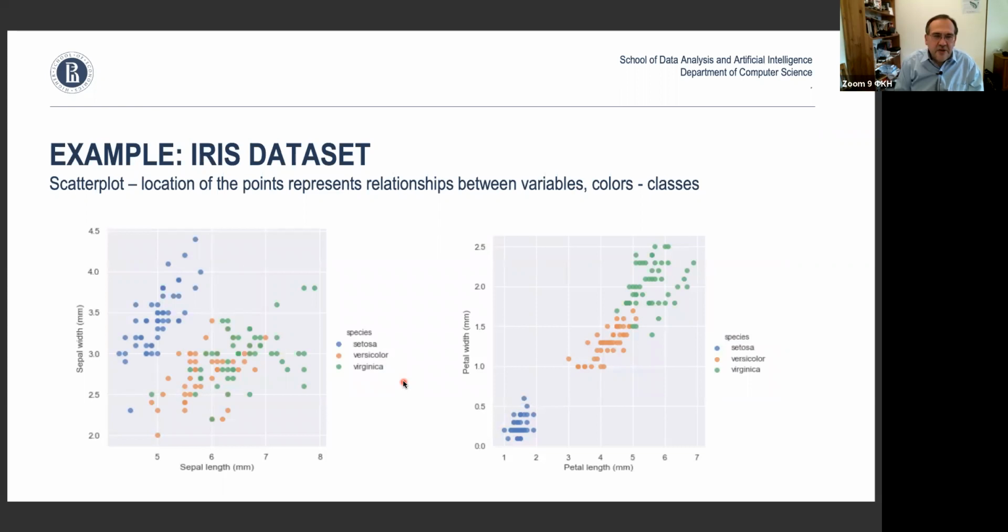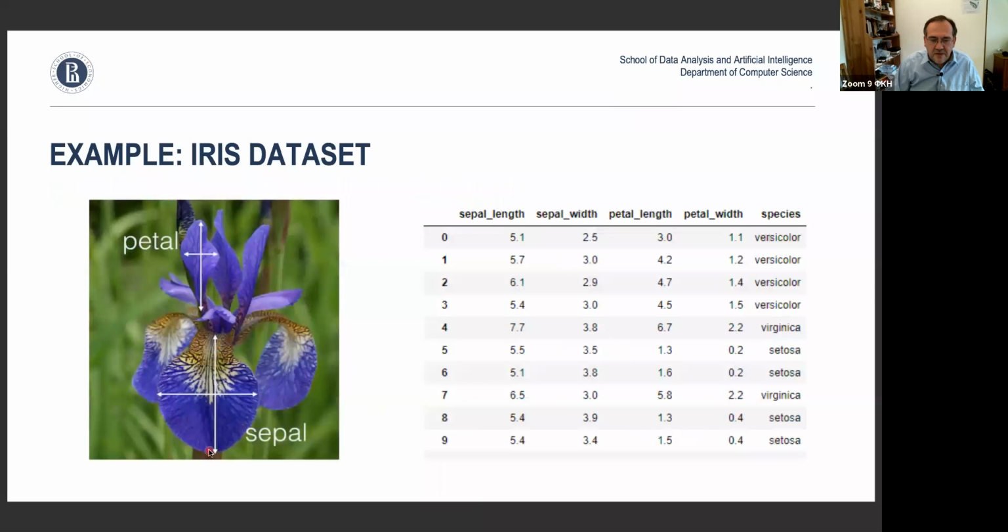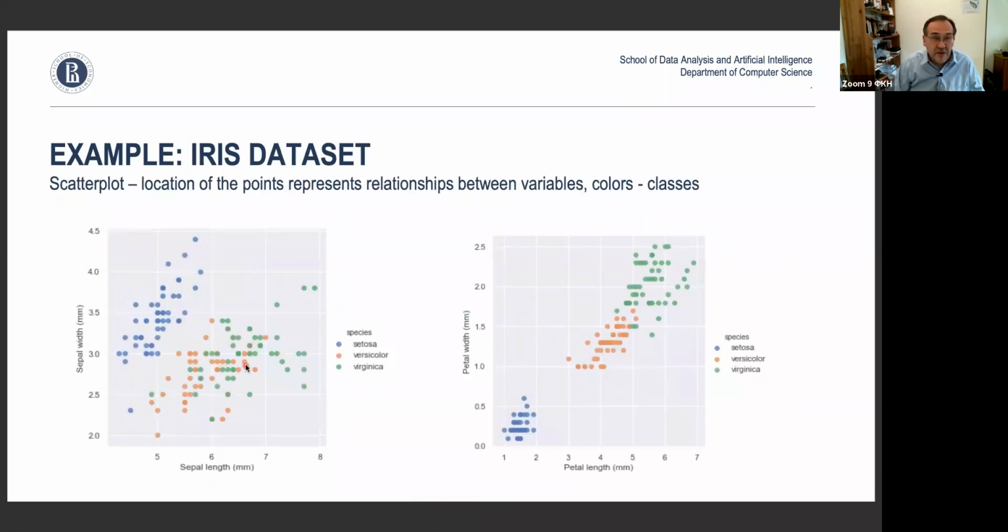Now, the second thing we can do is build what are called scatter plots. A scatter plot puts one feature on one axis and another feature on the other axis, so we're trying to understand the relationship. I also added colors to the plots. What we see here is sepal length versus sepal width, and then petal length versus petal width. Again, to remind you, we're looking at these measures on one plot and those measures on another plot. So in some sense, it will tell us about the shape.